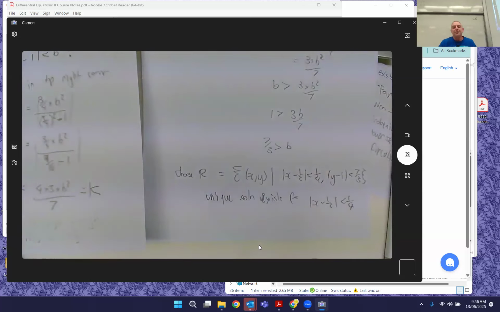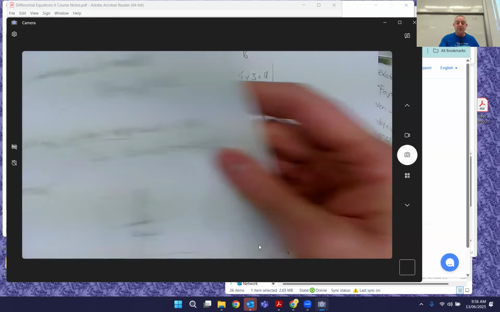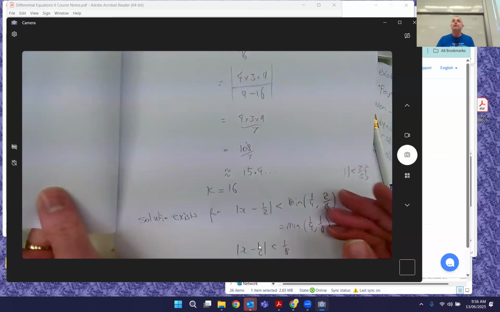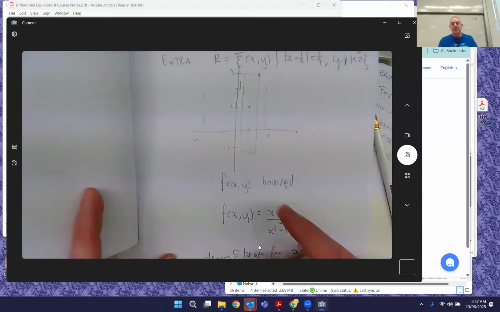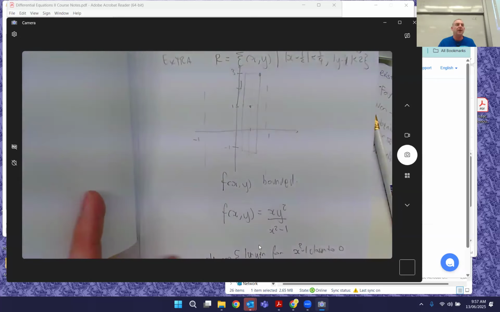I feel like for an exam, it would be much easier if they just give you the rectangle. Or they would have asked the original question, which is what's the maximum A you could use? And we knew that right from the beginning. You go, well, the maximum A I could use is 1. No, sorry, is 1/2. It's like, yay, that's it. Because it butts up against one of the places